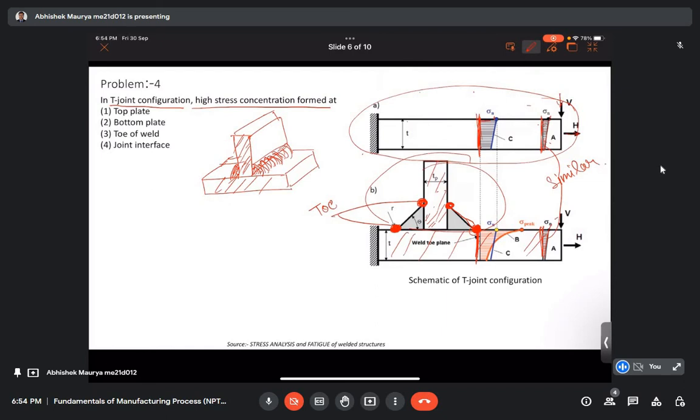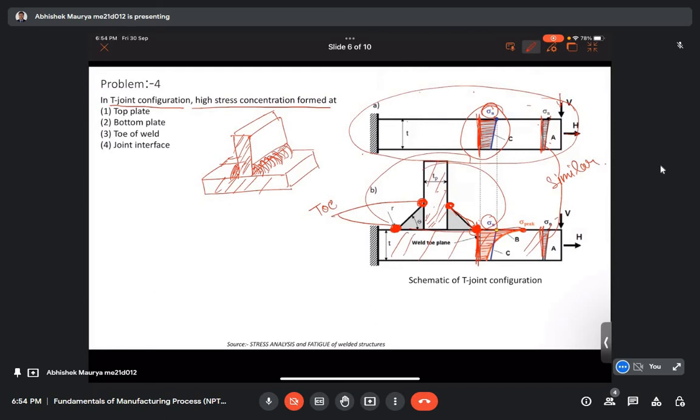If there is no welding in the T configuration, the stress distribution will look something like this. But when we join the two components by welding, and we look near the toe of the weld, the stress distribution will look something like this. What is the difference here? Here we are getting this sigma nominal value. Here also we are getting the same sigma nominal value, but if we see the peak